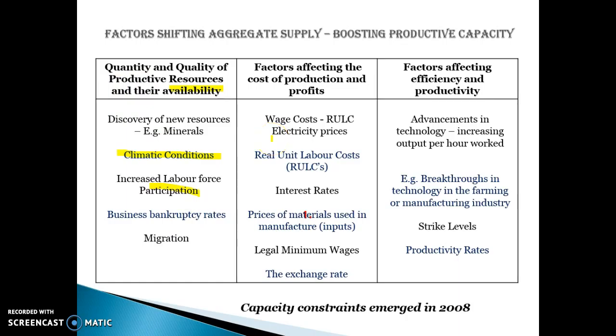Aggregate supply can also be affected by costs of production. So when wages are cheaper, businesses are more willing to supply. It's all about willingness and ability to supply. These ones are mainly about ability because we've got more resources. This is about willingness. So we can keep wage costs down, and we'll talk about real unit labour costs in the next chapter. If we have a low minimum wage, businesses will have higher profit margins and be more willing